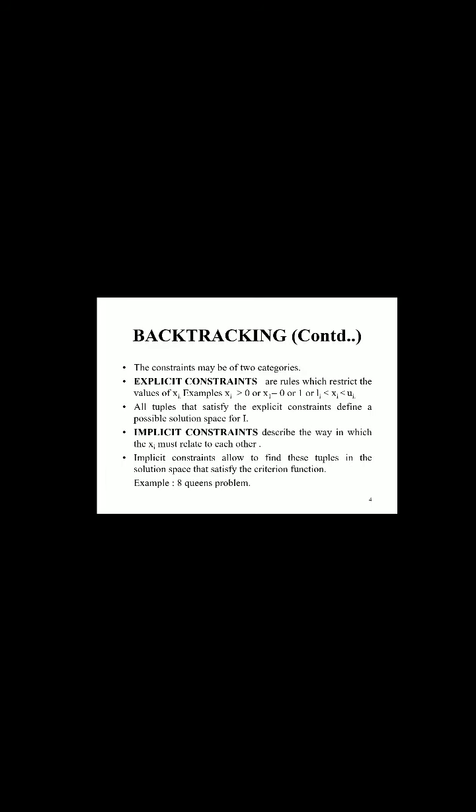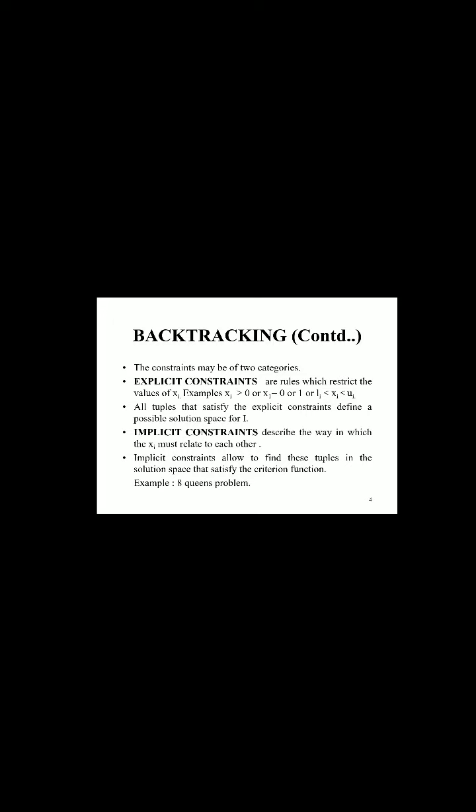The backtracking algorithm has the ability to yield the same answer with far fewer than m trials. There can also be more than one solution tuple possible, like in minimum spanning trees and optimization problems like zero one knapsack, where more than one solution is possible. Now there are two kinds of constraints that may be satisfied by the backtracking algorithm. First are the explicit constraints and second are the implicit constraints.